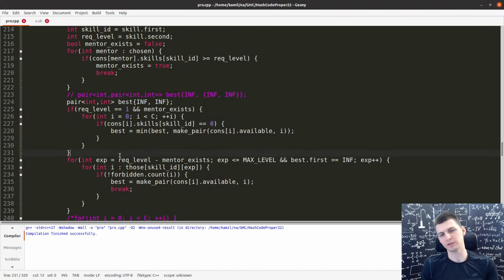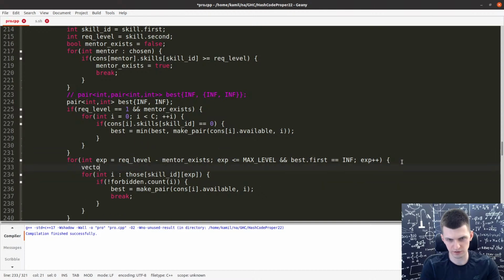Oh, I see. But if there are multiple equally skilled people, I will always take the one with smallest ID. It would be better to actually iterate this set in a random order. Where is that? Here. I think that there is a reason how this is better.